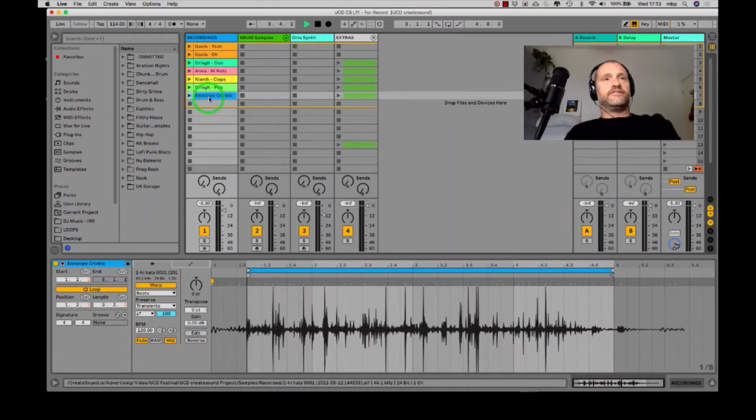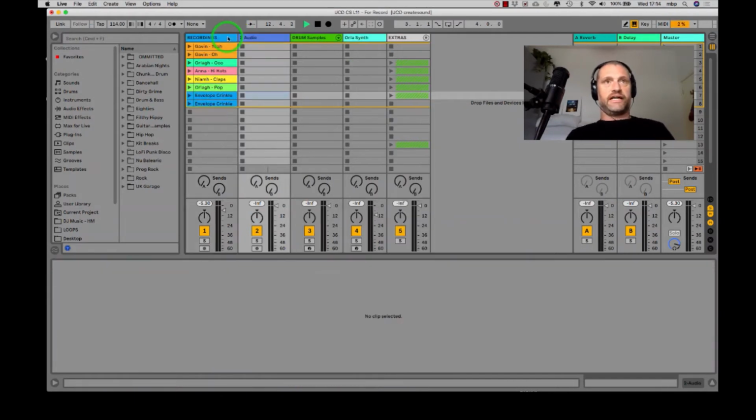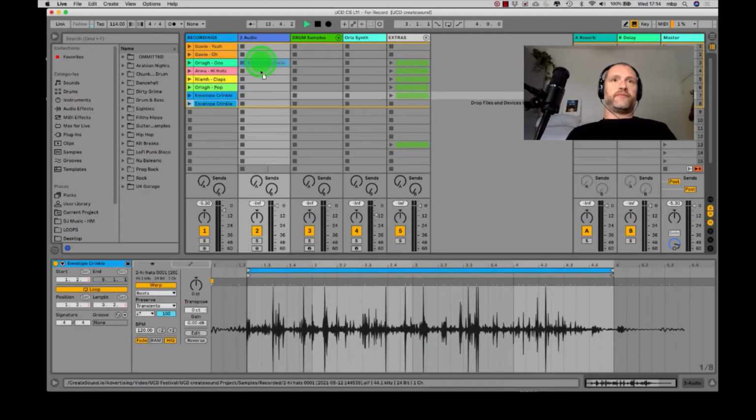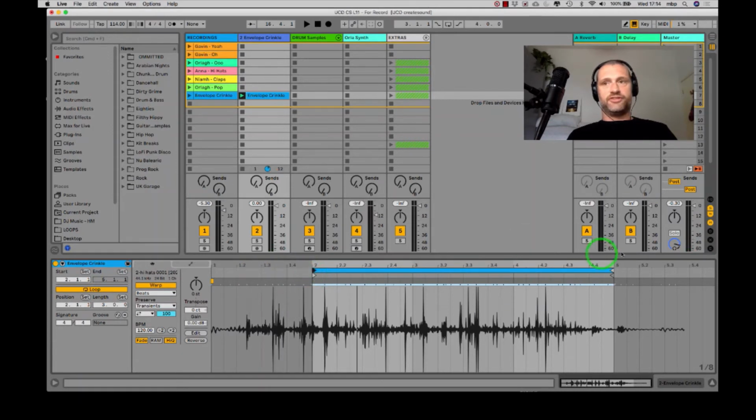Okay, let's start shaping this up a bit. So I'm going to start with these envelope crinkles. I'm going to create a new track, bring it in, and we might be able to use this to create an interesting layer. So there's our crinkle. I'm just firstly going to condense it into a nice 2-bar loop.